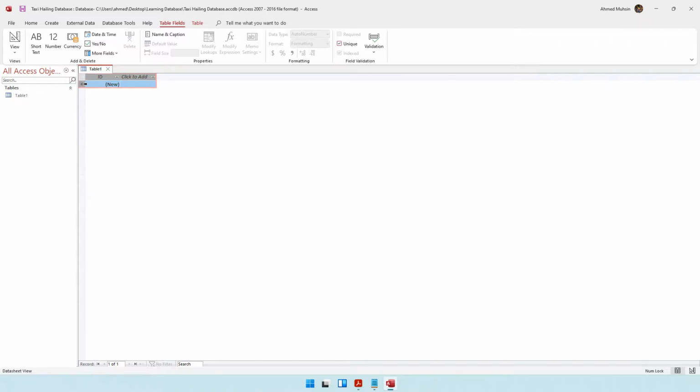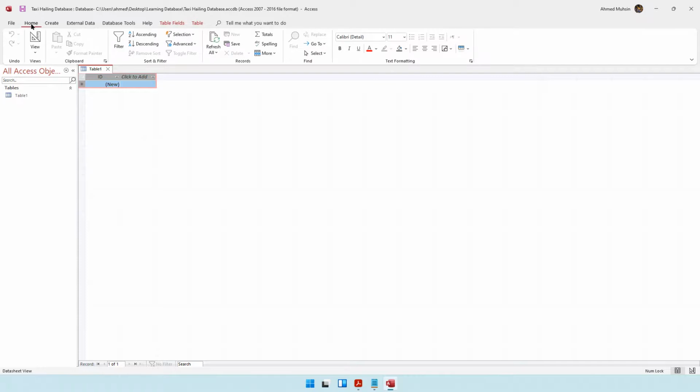Let me show you. If you come to your Home tab and click on View, can you see right now we are in Datasheet View? What I want you to remember is that Datasheet View is where you enter your records. This particular table is going to be about drivers. I still haven't told my database that yet, but I'm telling it to you. I'm going to use it to enter details about the drivers working for this particular taxi